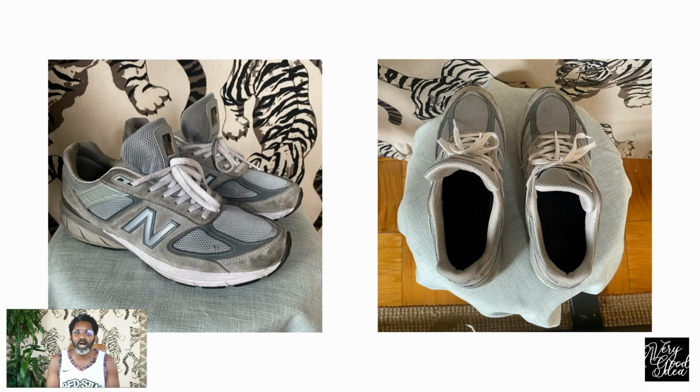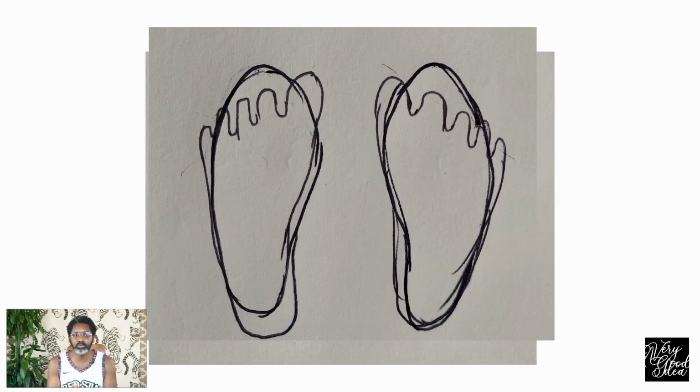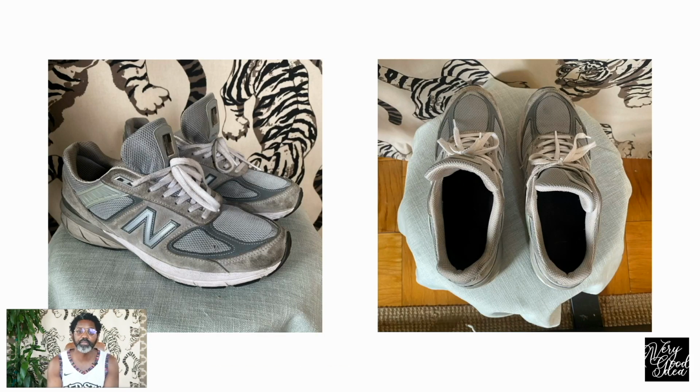And the reason why is because you want to be able to give your feet space to move around as your feet expand throughout the day. So if you have a small shoe, then it's going to cause more problems with your feet. The other pro tip that you want to have when you're improving on your footwear